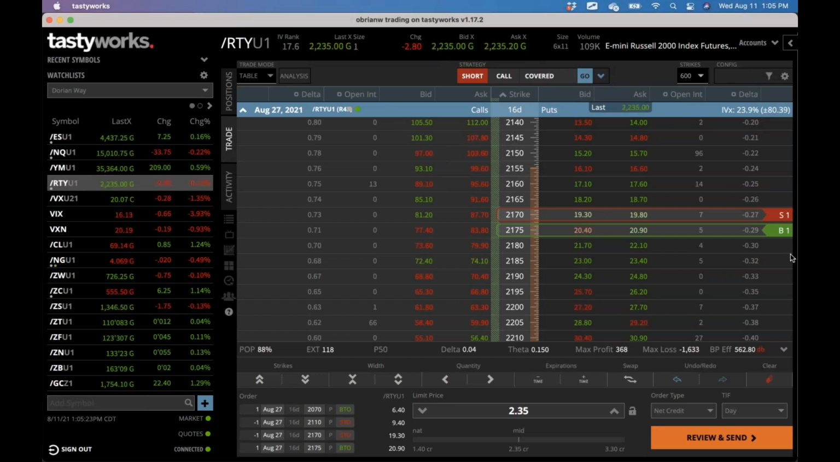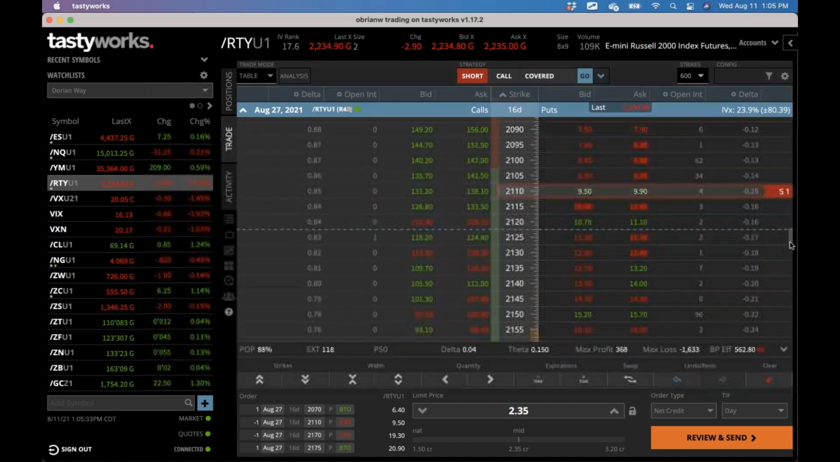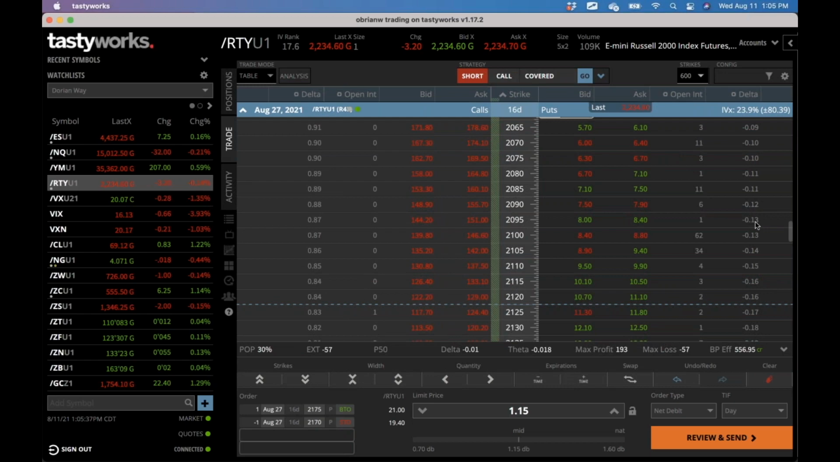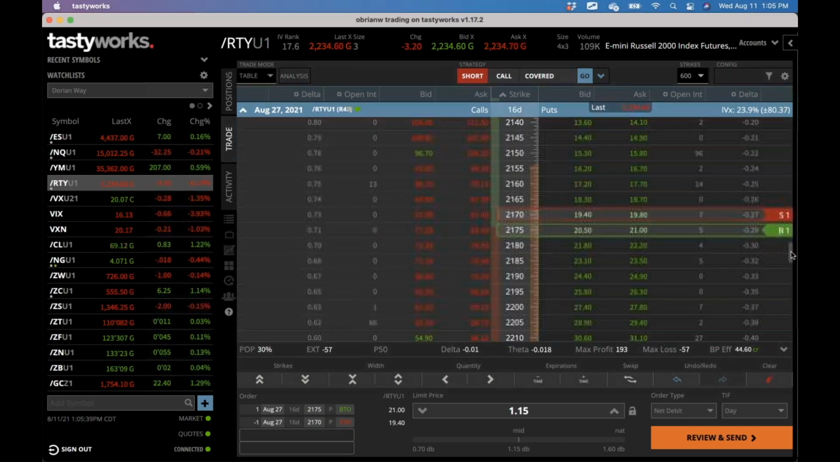So we're going to break this down really quickly here. On the put side, we have, let me just put this here. All right, so I'm going to delete the bear part, the bullish part here, so you can see what I'm talking about first. So this is the bear part,